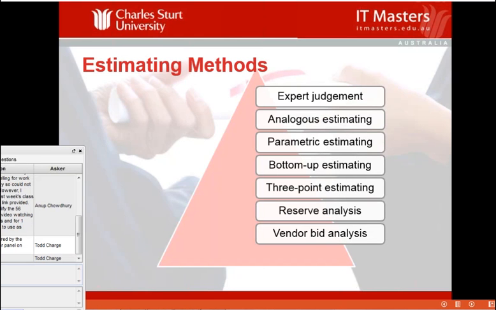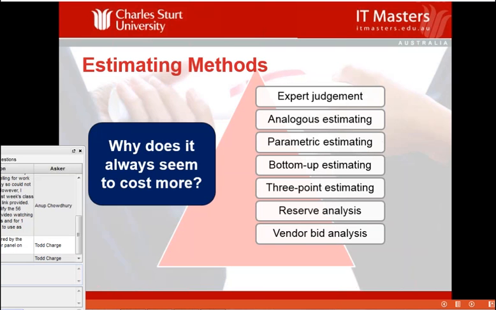What are the methods that we use for estimating? Well, here are a few of them. Expert judgment: you get somebody who's done this type of work before and get their input into the estimates. We have what's called analogous estimating. Analogous estimating is you've done something before, let's do it again. You've built a hospital in, let's say, Newcastle, and you want to build one in Wollongong, very similar, so you look at the two and you determine, okay, these are going to be the differences. So we take the cost from the Newcastle hospital, take account of the differences, and then build that into the estimate for the Wollongong hospital.